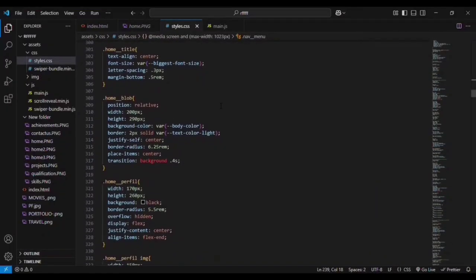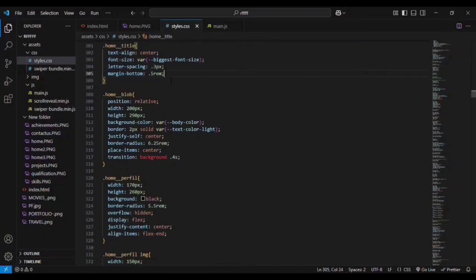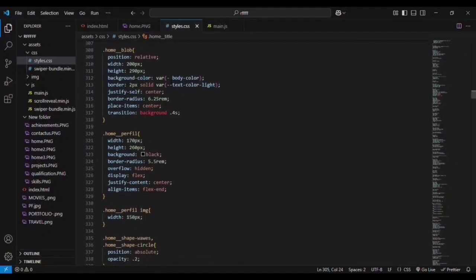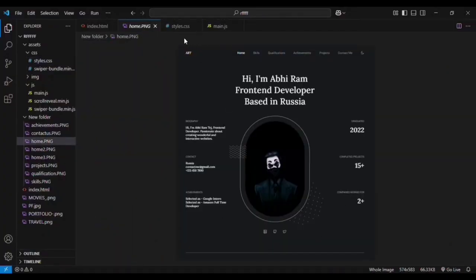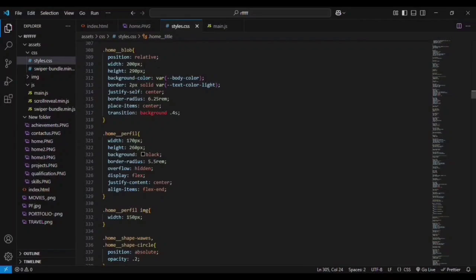For the home title, we are adding it as a section. It's exactly at the center. Its spacing is 3 rem, margin bottom is 5 rem. For the home blob, we are giving position relative, width 200 pixels, height 200 pixels. This is nothing but the circular one you can see. For that we are creating values, that is 200 and 290 as the height. That is the reason you can see an oval shape